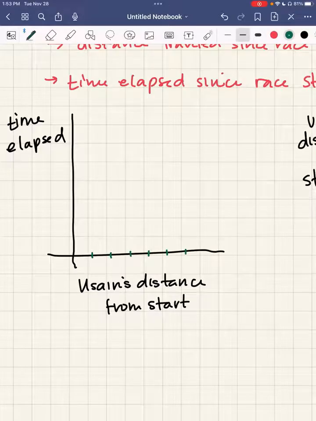Usain's just getting off the blocks. How long is it going to take him to cover that first 10 meters? Maybe that first 10 meters takes him quite a bit of time, right? But then that next 10 meters isn't going to be quite so long, right? He's speeding up. So that next 10 meters should take a smaller amount of time. And then the next 10 meters, he's really flying. So in that next 10 meters, it's only going to take him like this much time, right? And so on. And so really, if we're talking speeding up on this graph, it's going to look something more like that. Because every 10 meters,